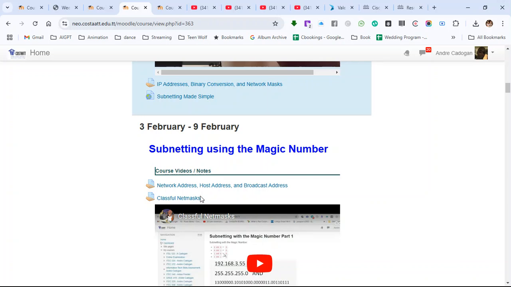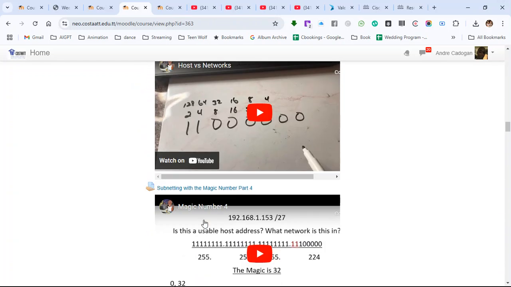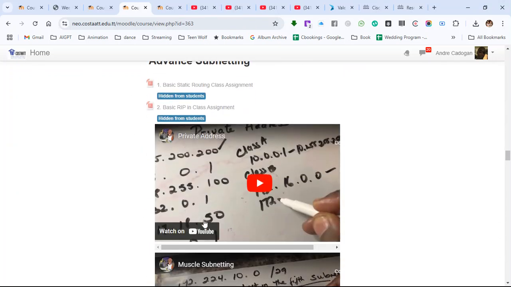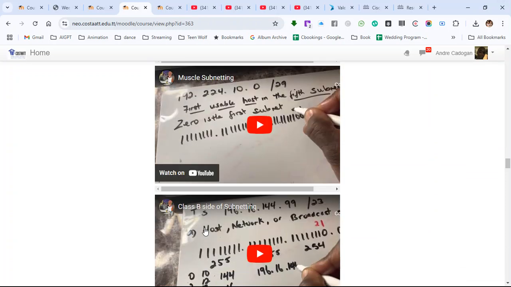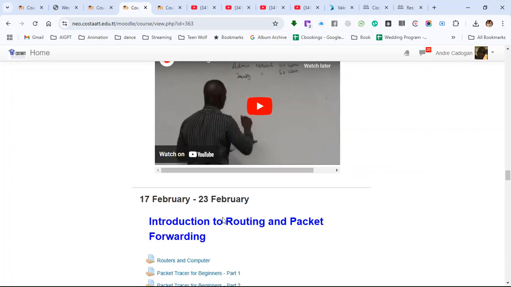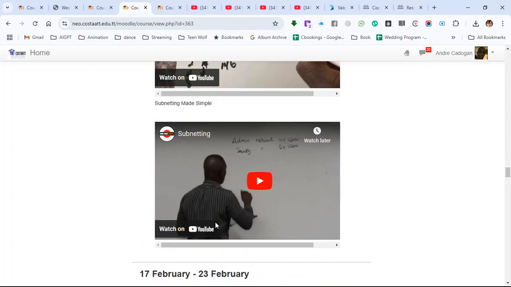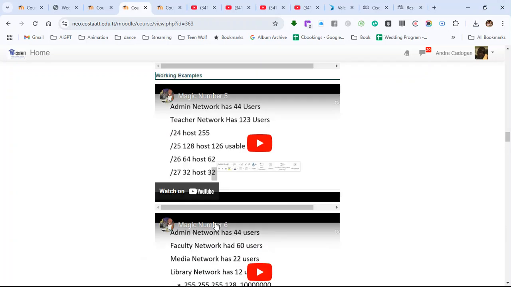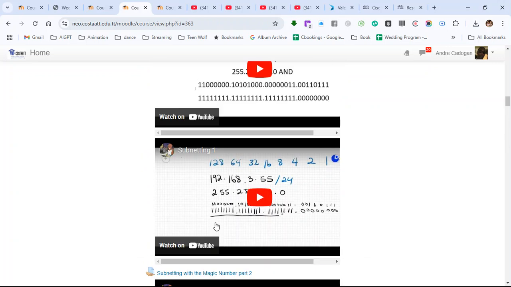So by the time that we say week 2, and you do all these tutorials here, and for some strange reason you don't understand the concept of subnetting, as you can see, I have subnetting here, subnetting using the B side. Then I have the whole tutorial video here and so on before we introduce ourselves to packet forwarding and routing. So if somewhere along the line here, you see how many tutorials I have, a lot of tutorials to hammer it down, and you do not understand how to subnet,